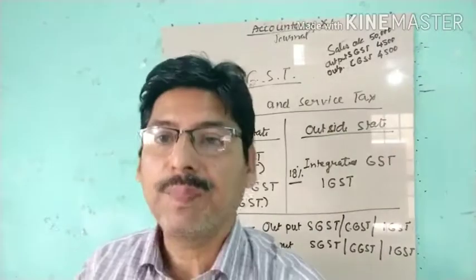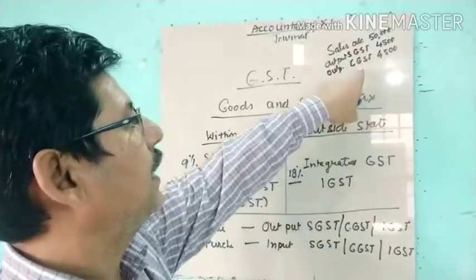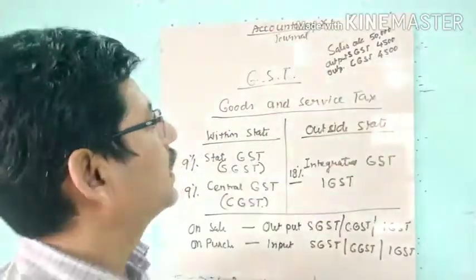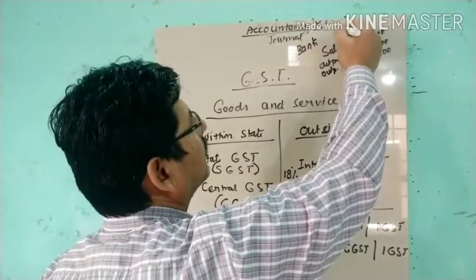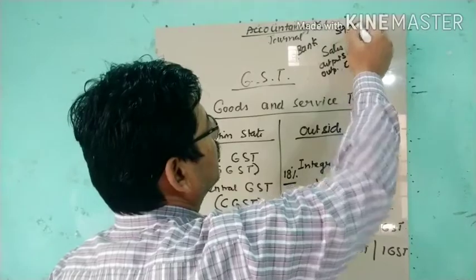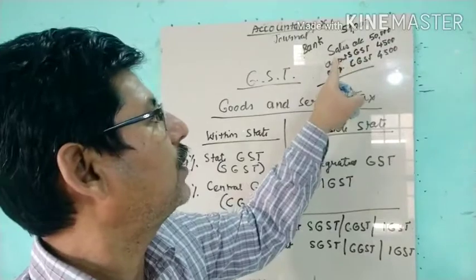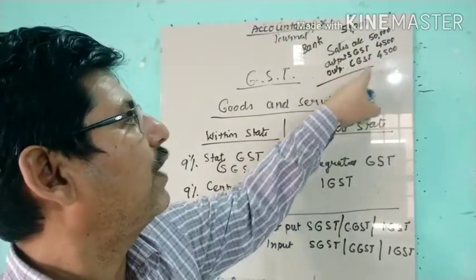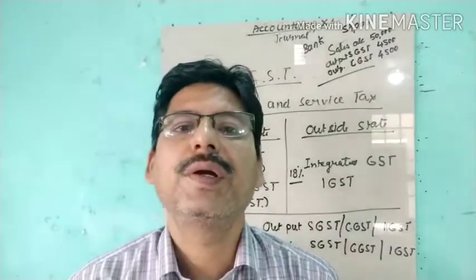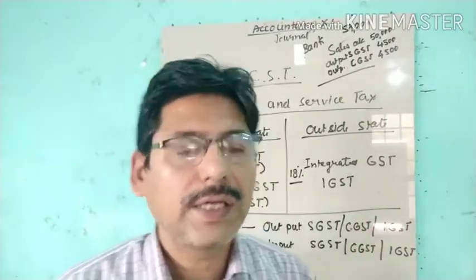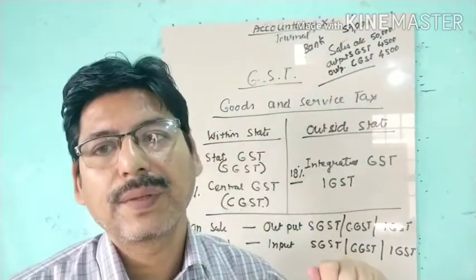Now the person to whom we are selling will pay us 59,000. If we have made the sale, then how much will we receive? Bank account debit, that is 59,000. The journal entry is what? Bank account debit 59,000, to sales 50,000, to output CGST 4,500, output SGST 4,500. Okay, up to here is it clear? So the sale and purchase entry within the state is like this.